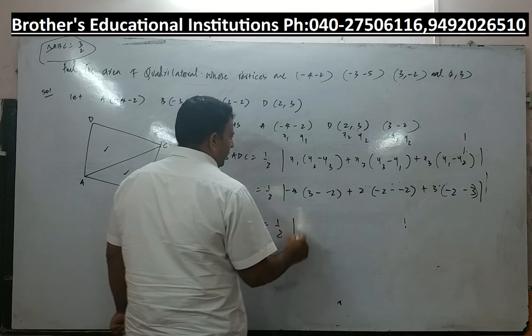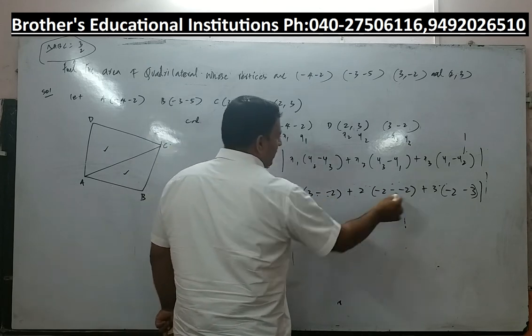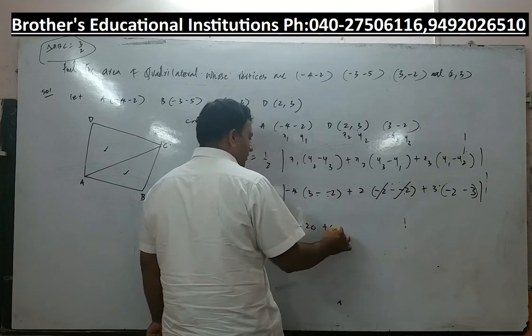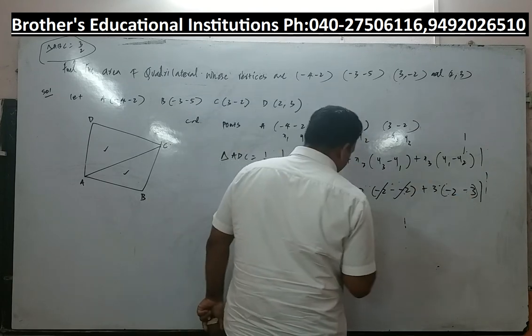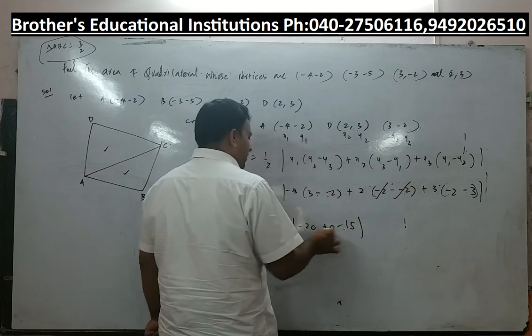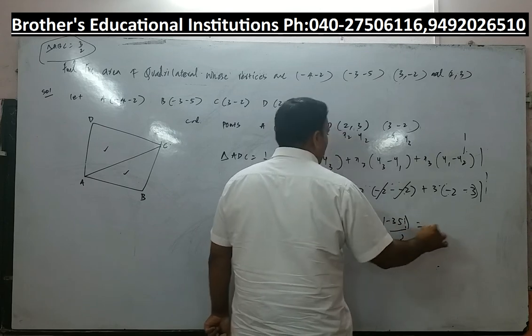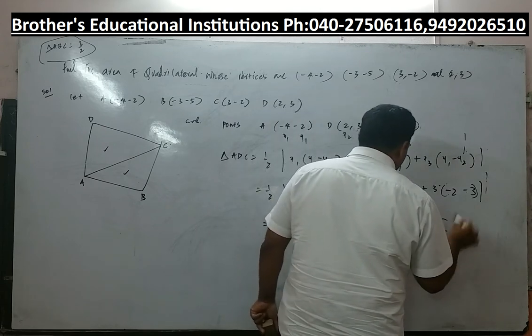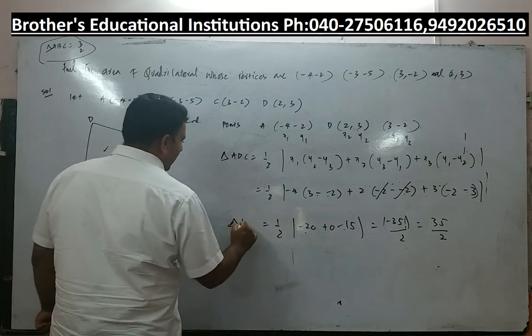So it is 1 by 2 into, minus minus plus, 3 plus 2 is 5. 5 into -4 is -20. Minus 2 plus 2 cancel, you are left with 0. Now -2 minus 3 is -5. -5 into 3 is -15. So it is -15 minus 20, that is -35, under modulus by 2, or simply it is 35 by 2. Now what do I do? I have the area of triangle ABC, I have the area of triangle ADC,